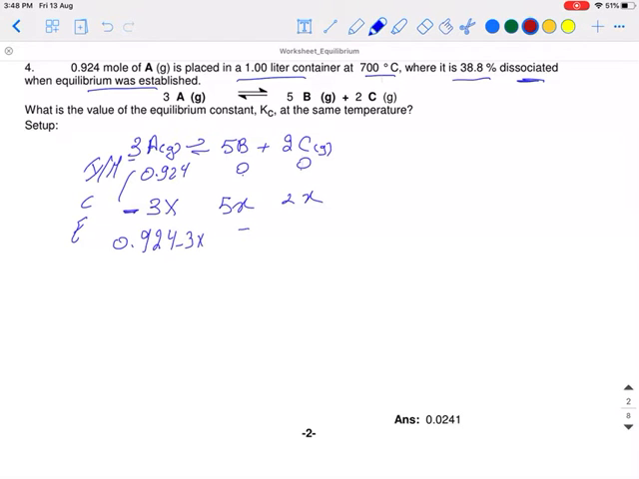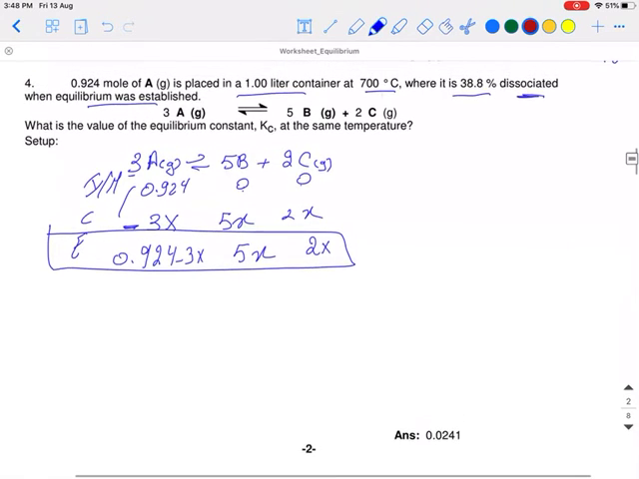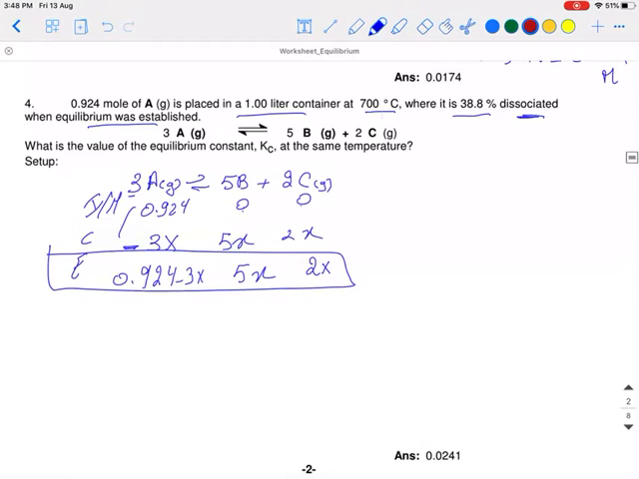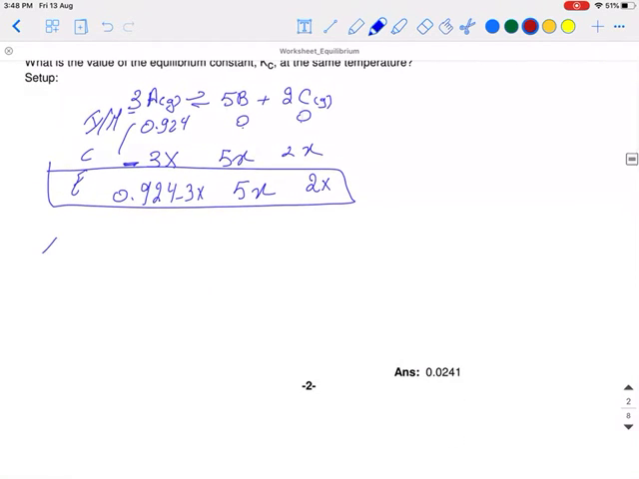So 0.924 minus 3x, 5x, and 2x. This is the equilibrium stage. I can benefit from the given to find x. He said that 38.8% dissociated. We know that the percentage